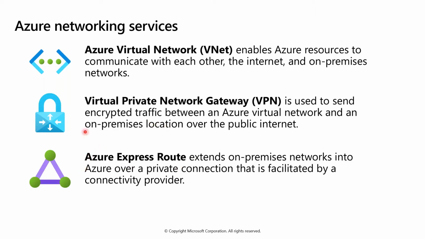And then there is one more service, Azure Express Route. This extends your on-premises networks into Azure over a private connection. There is a dedicated link that is created in Azure Express Route for you. That is the difference between a VPN and Azure Express Route. It will also connect from your on-premises network to your Azure cloud platform, but the backbone and the underlying end-to-end connectivity will travel over the Azure backbone network only. That is known as Azure Express Route.